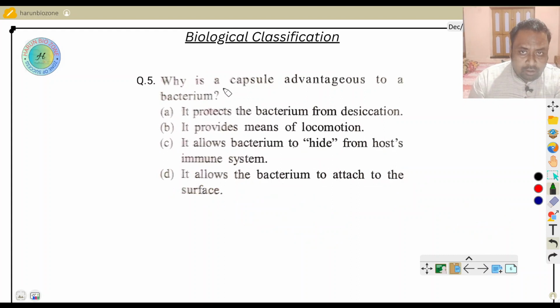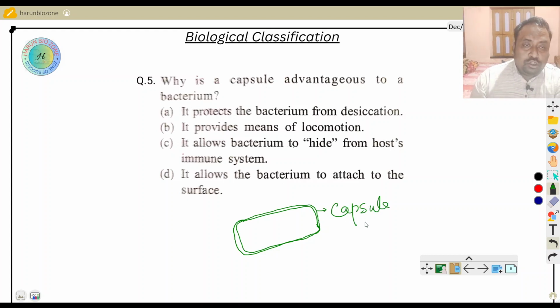Why is a capsule an advantage to a bacterium? So what is a capsule? Capsule is a polysaccharide that is present outside the cell wall of bacteria. This is the capsule, outside of the bacteria. So what is the function of the capsule? First, this capsule retains water. এই ক্যাপসুল জল ধারণ করে, যার ফলে ব্যাকটেরিয়াটা শুকিয়ে যায় না। নাম্বার 2, যখন ব্যাকটেরিয়া